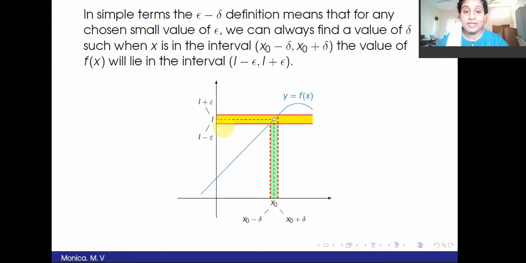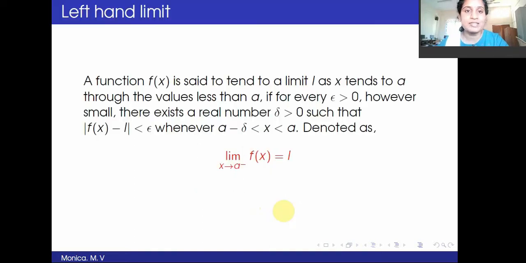Next, I will come back to the previous diagram I have. I said as I go along x naught, x can move towards x naught from either side of x naught. Say I am moving along the x-axis from the left side of x naught or from the right side of x naught. If I move along the left side and take the limit, we can talk about a left hand limit. If I move along the right hand side and take a limit, I can talk about right hand limit. So that is exactly what we have next, left hand limit.